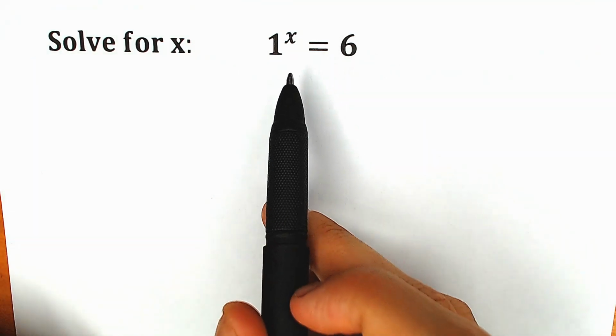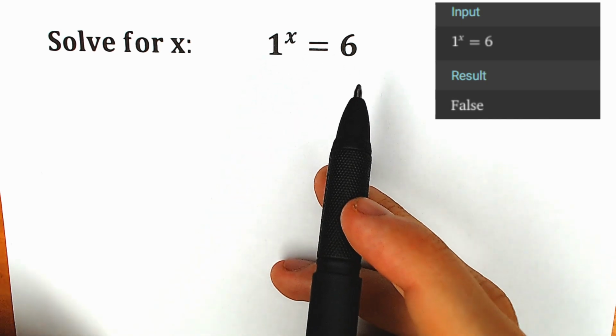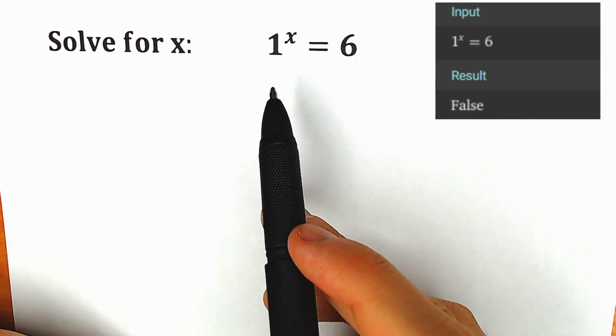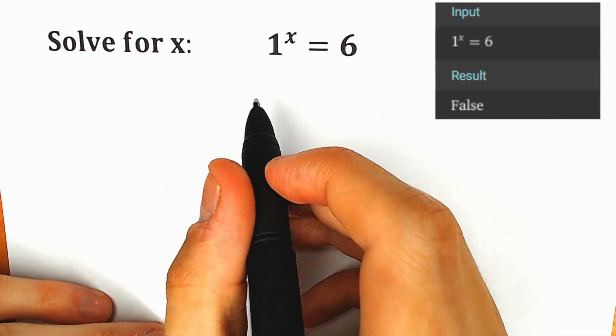Today we have a very interesting and, I would say, funny algebra question. We have 1 to the x equal to 6. And a lot of students may be thinking this is not possible. 1 to the x cannot be equal to 6 because, for example, when we apply natural log on both sides,